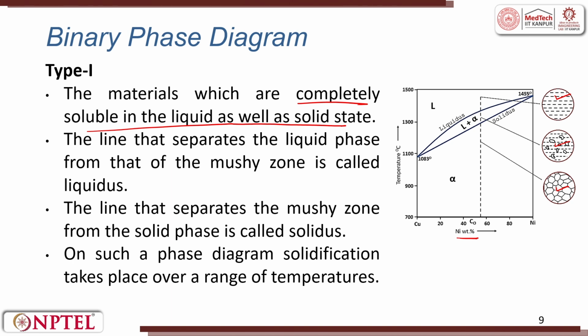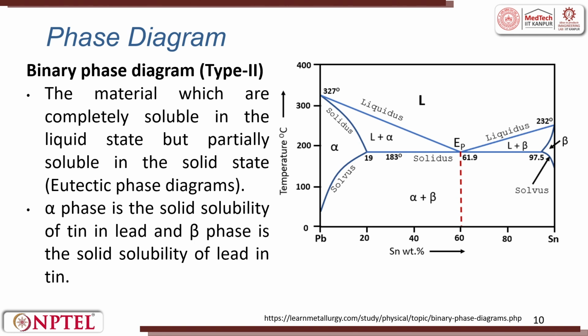Then comes the binary phase diagram type 2, the materials which are completely soluble in liquid state, but partially soluble in the solid state. This is why we have the eutectic phase diagrams. Alpha phase is the solid solubility of tin in lead, and beta phase is the solid solubility of lead in tin. So, here lead and tin is given, and this is the percentage weight of the tin from left to right. At 61.9 we have our eutectic reaction. This is liquid, this is alpha phase, this is beta phase, and here we have alpha plus beta